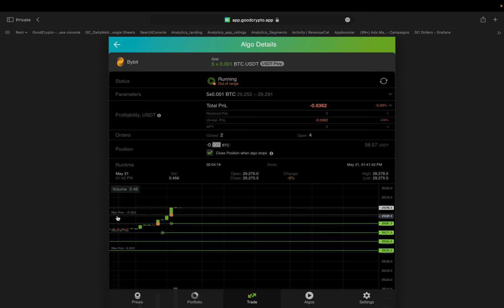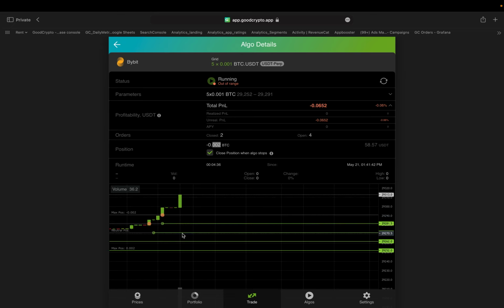As I told you, here is the max position, which shows exactly the max position that you'll have. Your position won't increase because there are no more orders outside the grid. Now, if and once the price falls back down, it will buy back here and here, and that will make you a profit on the BTC sold here. If it buys back here, it will make a small profit, and if it buys back the BTC sold here, it will make a small profit again. So again, this is a very, very basic